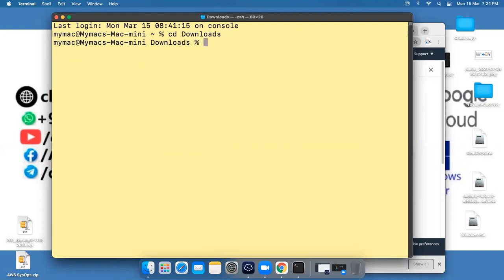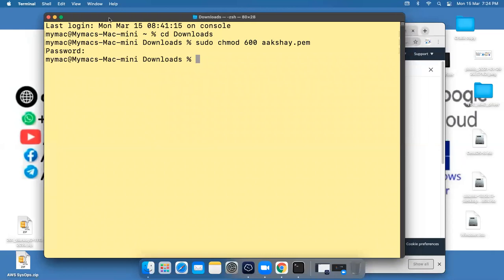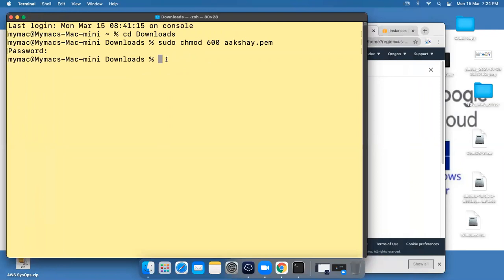And here I am going to set the permission for my file. sudo chmod 600 and my file name. So my permission is set. Now I am going to run the command to access my server. So let's connect.